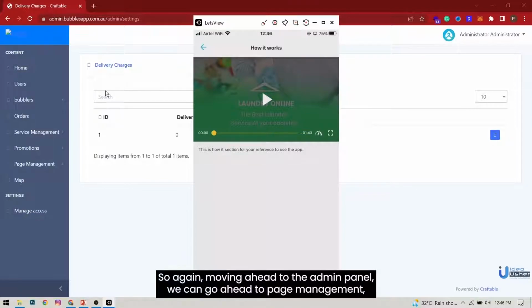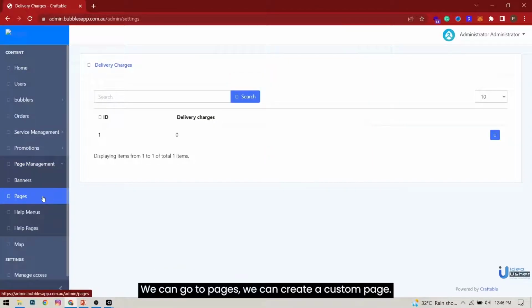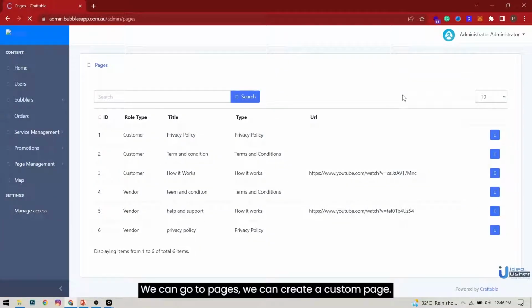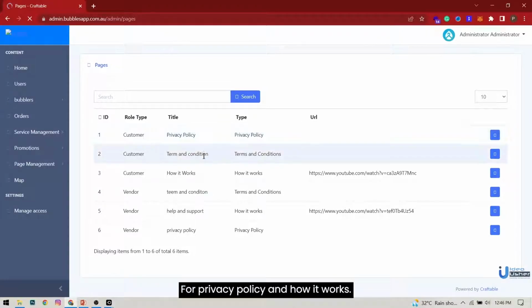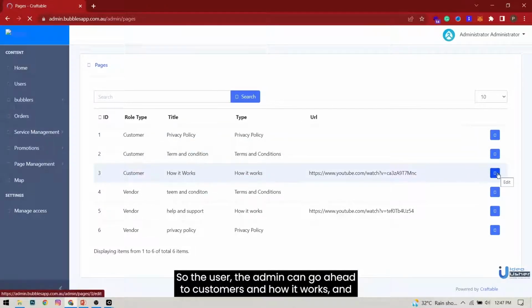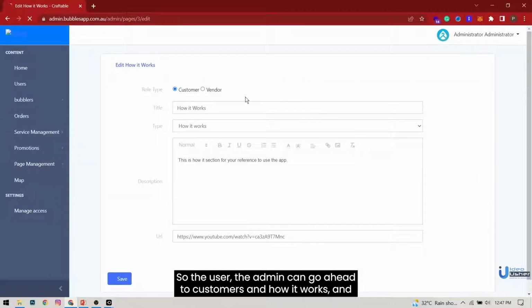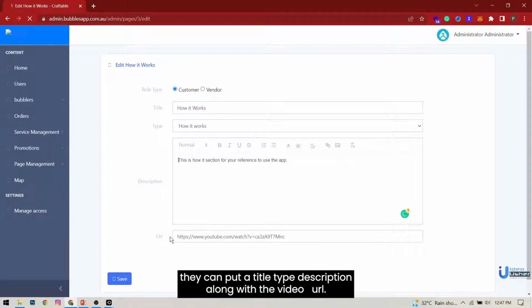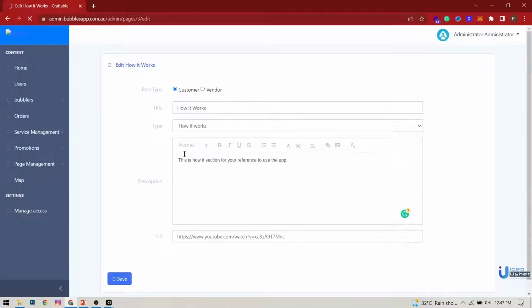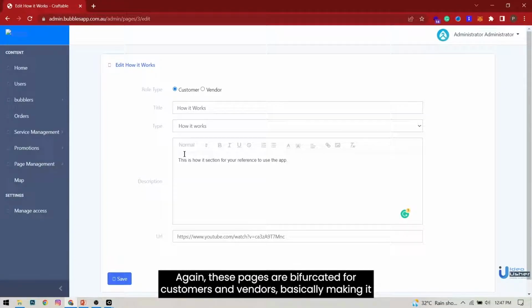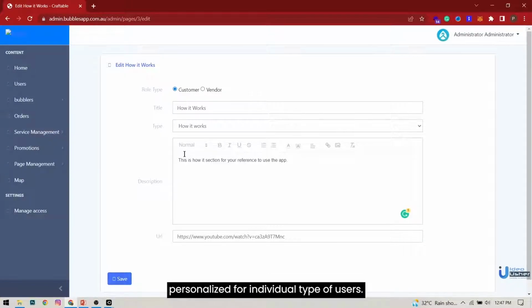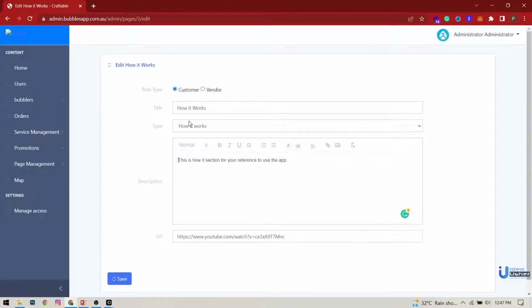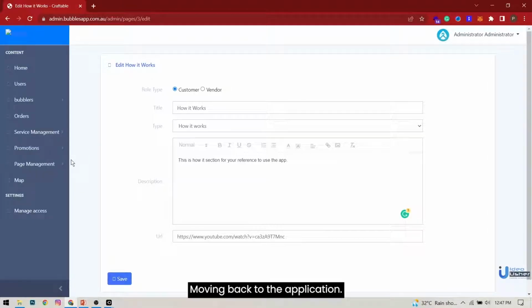Again, moving ahead to the admin panel, we can go to page management, we can go to pages, and we can create a custom page for privacy policy and how it works. The admin can go to customers and how it works, and they can put a title, type, description along with a video URL. Again, these pages are bifurcated for customers and vendors, basically making it personalized for each type of user. Moving back to the application,